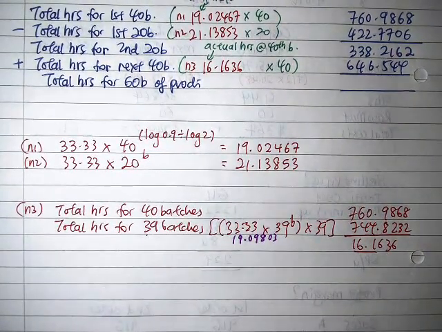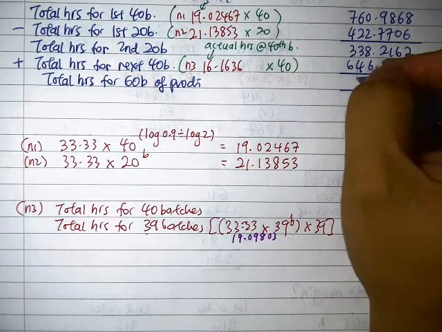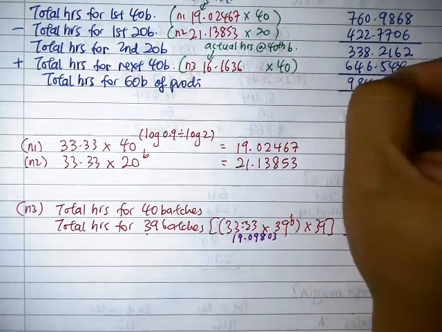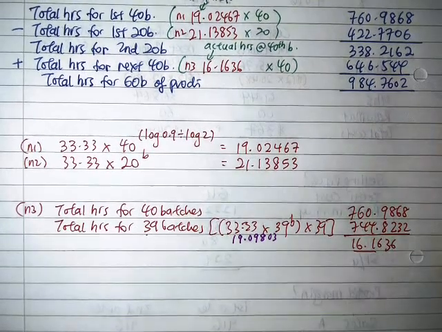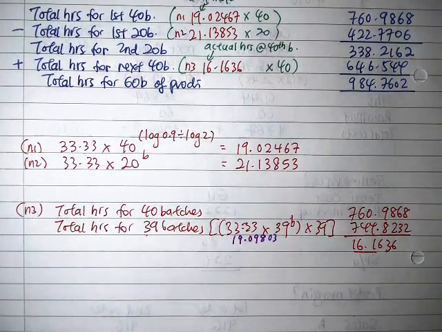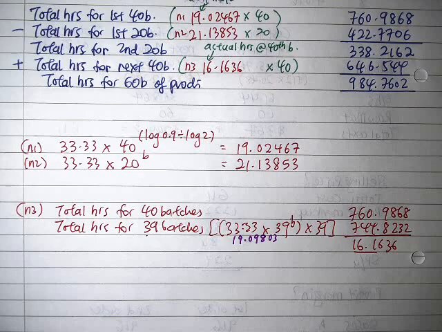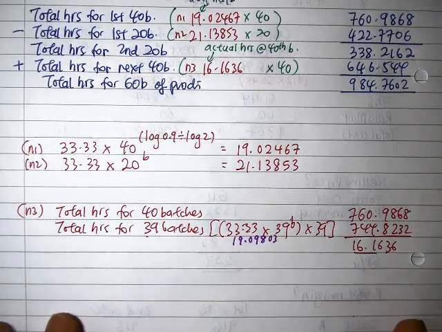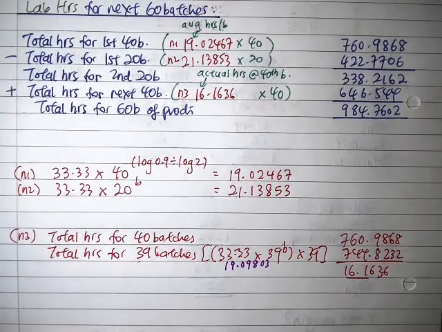So at the end, the total is this. So how many hours do we actually need to make all the 60 batches? So the actual hours in total is 947.602. Alright, so class, again, the issue about the learning curve is not difficult, but it is complicated by the fact that you need to do quite a number of adjustments,